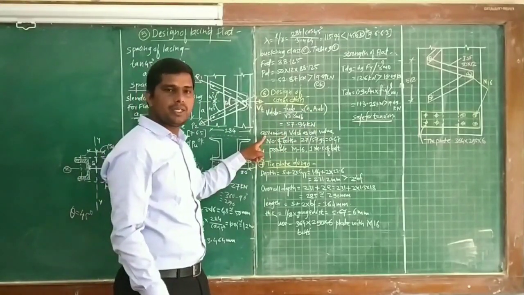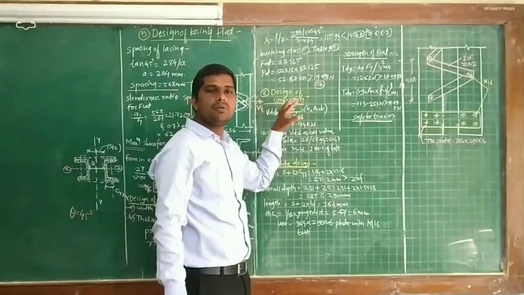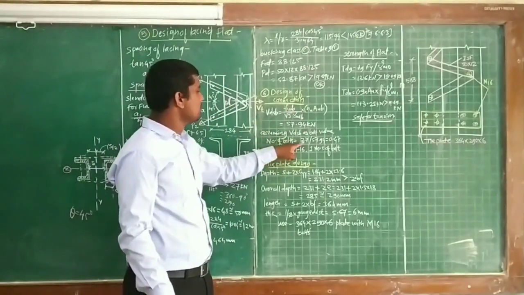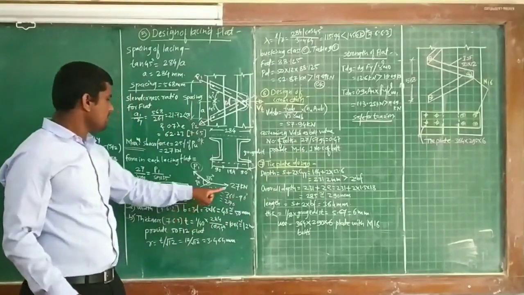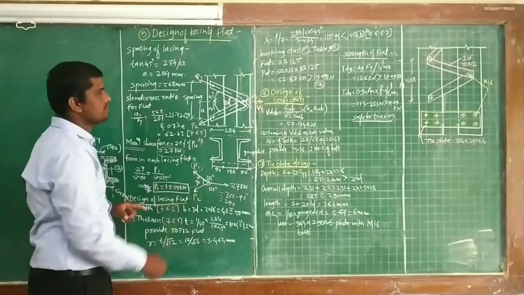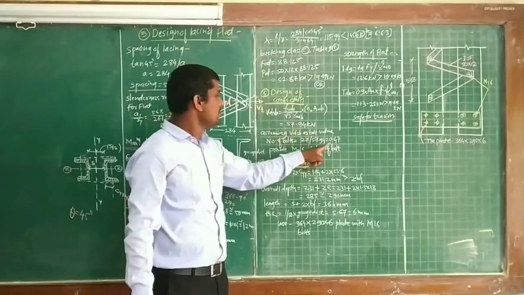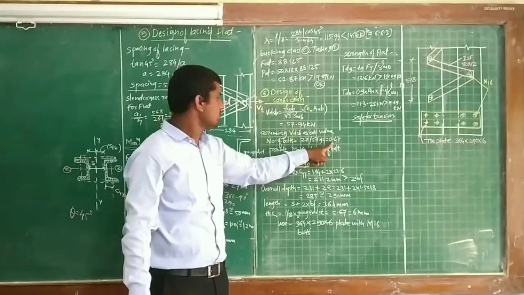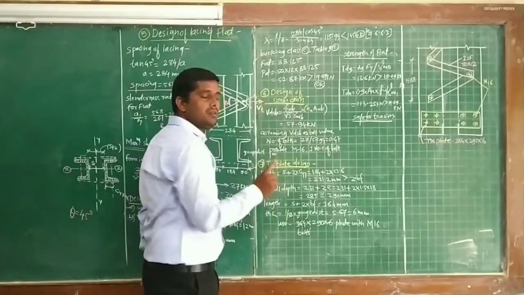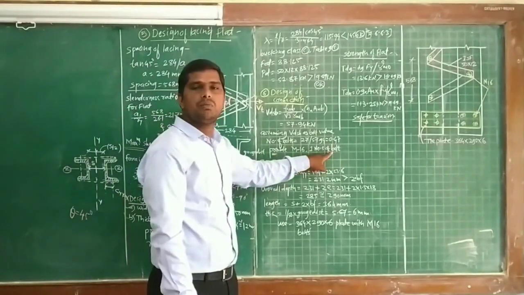So we are going to consider VDSB as the bolt value, because we have already got the minimum value between VDSB and VDPB. Number of bolts is equal to 27 kilonewton, the maximum shear force we already found, divided by 57.94, the minimum value. So the answer is 0.47 bolts, which means at least we are going to provide one bolt. So provide one M16 bolt.